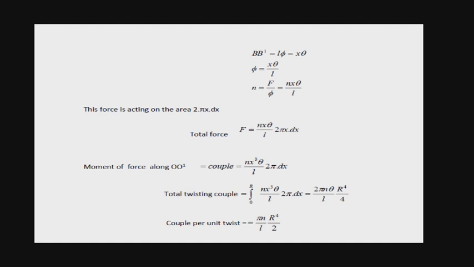So, the formula for couple is eta x cube theta divided by L into 2 pi dx. So, the total twisting couple: integrate this from 0 to R, eta x cube theta divided by L into 2 pi dx, with respect to x,